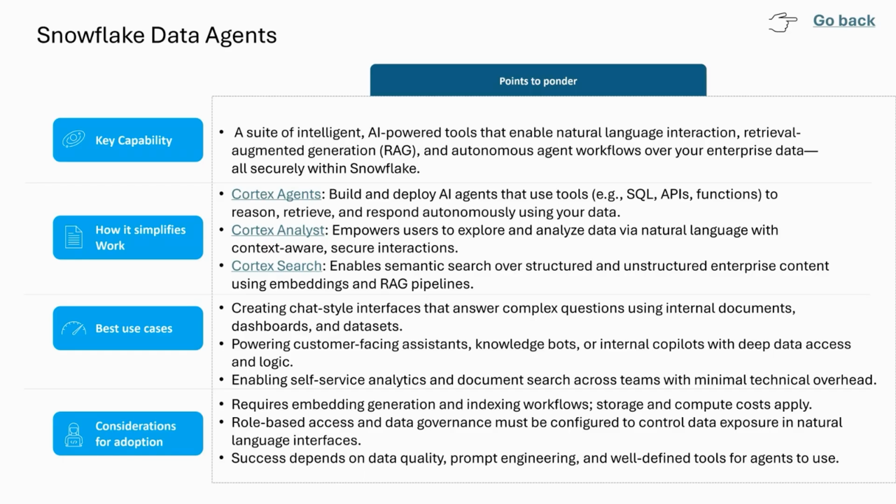And in terms of enabling the data agents, there are certain access and governance related considerations that need to be taken care of, depending upon the quality of the data, the quality of the prompt, and what are all the different agents that are available within Snowflake. The quality of the output and everything will slightly vary, but this is a great capability within Snowflake, and a lot of customers are doing POCs and then MVPs to leverage the power of data agents. That's what I've seen from my personal experience.